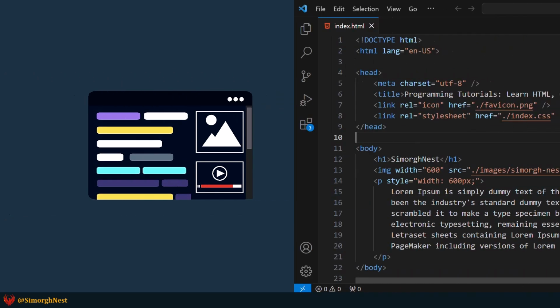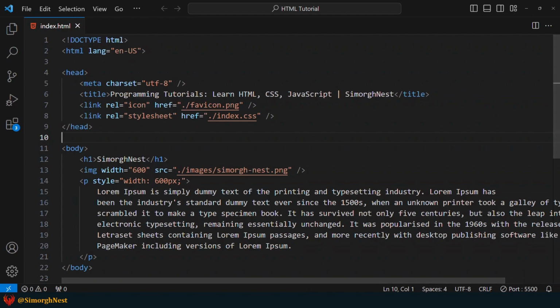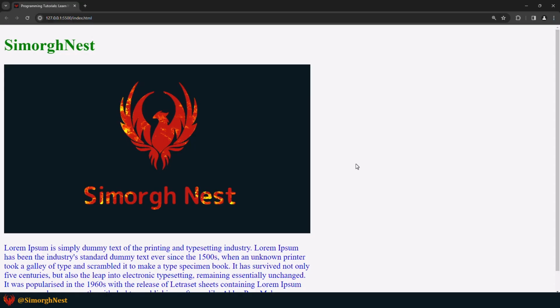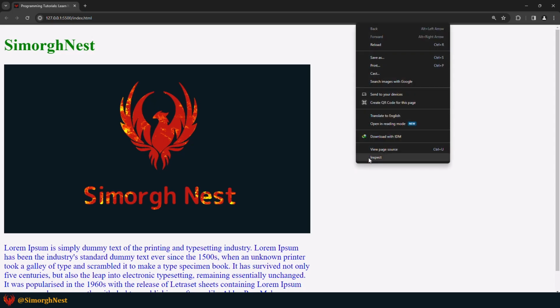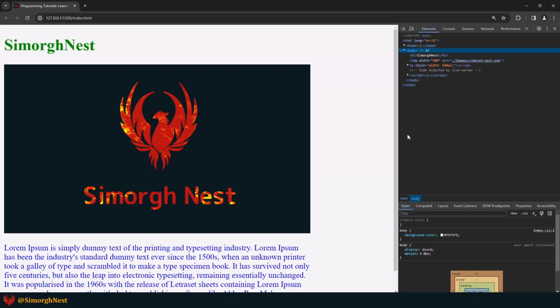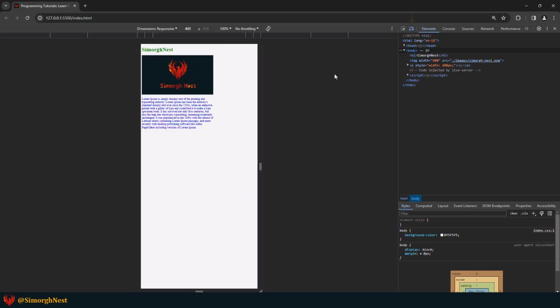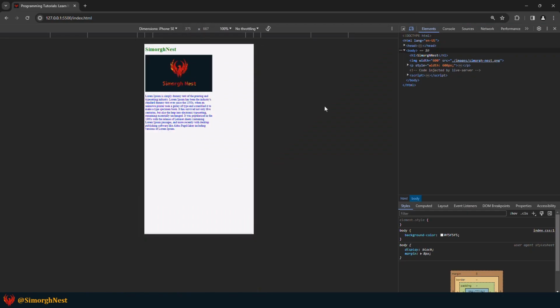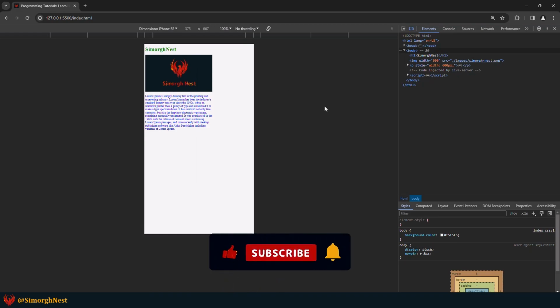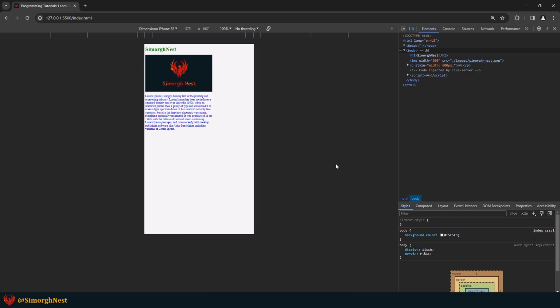Alright, let's take a look at our document and see how it appears on various screens. To do this, right-click and choose the Inspect option. Next, click on this icon to open the device toolbar. The device toolbar lets developers simulate how a web page looks and works on various devices and screen sizes. Okay, as you can see, the browser automatically zooms out our page to fit all the content. To prevent this, we can use the viewport meta tag and set the screen width.